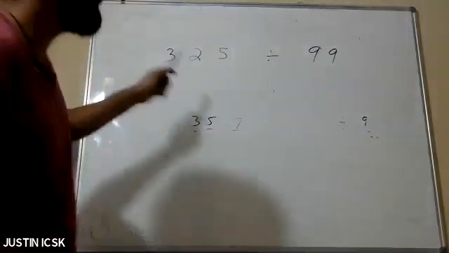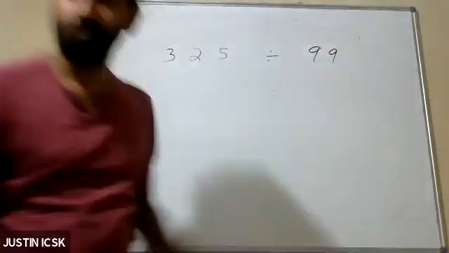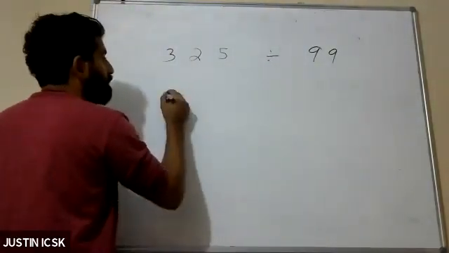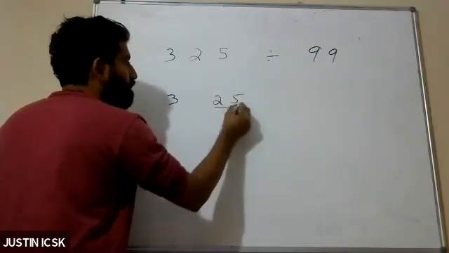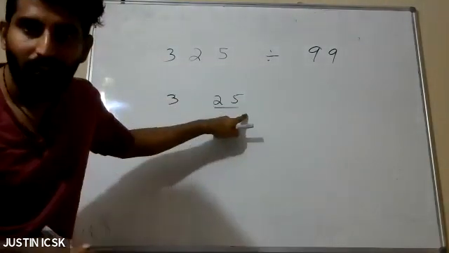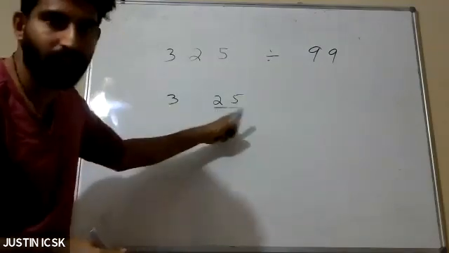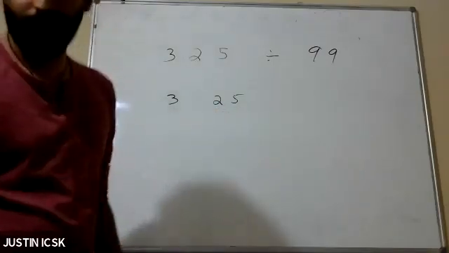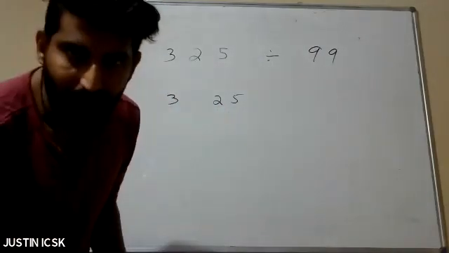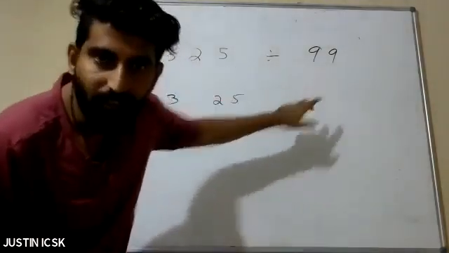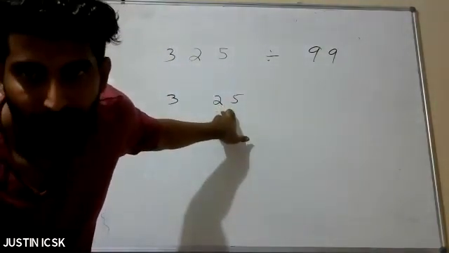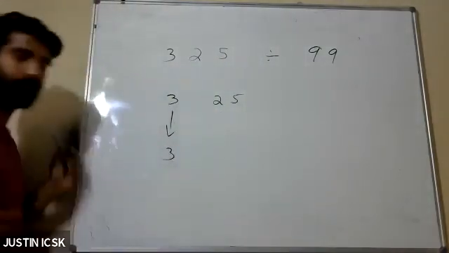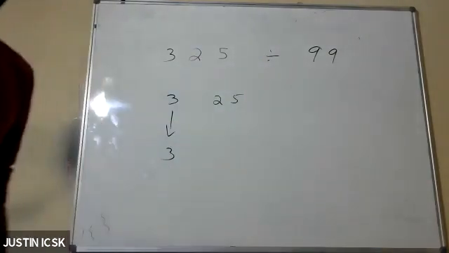Now this question we are doing with how many nines? There are 2 nines. So I am grouping like this. This is one group, this is the other group, two numbers from this side. So 25 is in one group, 3 is in the other group. Grouping is important. Why I am grouping like this is because 2 nines are there. That's why I am writing 25 together. Don't forget. First step is the same.